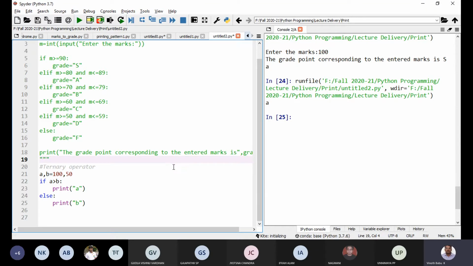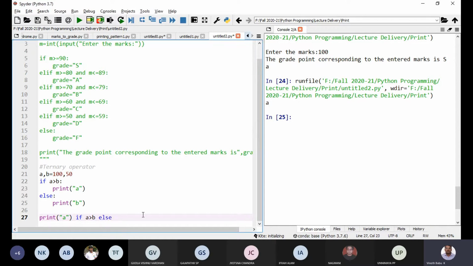See, using the ternary operator, I don't want these 4 lines. In 1 line, I can do this. First you write the condition, if a greater than b. If the condition is true, what you are going to do, you put it on the left hand side.